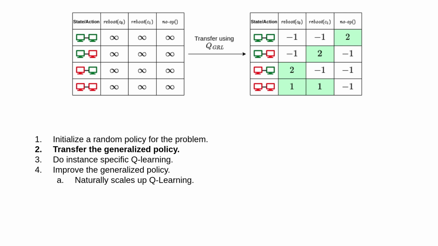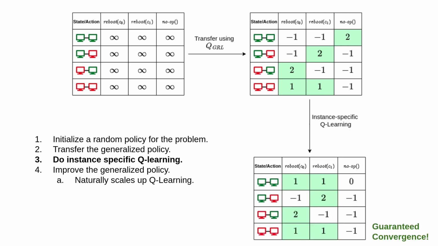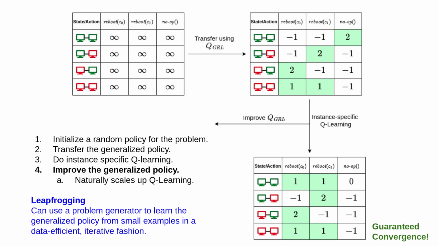Generalization might not be perfect, so the next step we can do instance-specific Q-learning on the policy to learn an instance-specific optimal policy, and this is guaranteed to converge. And as we are doing this, we can always improve the generalized policy by iteratively improving the generalization capabilities using transitions encountered during the instance-specific learning. And this lends itself to scaling up Q-learning by using leapfrogging, by using a problem generator to learn the generalized policy from small